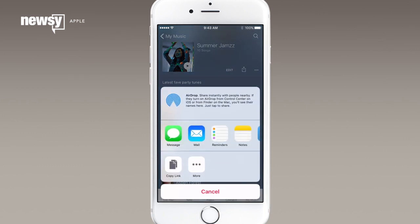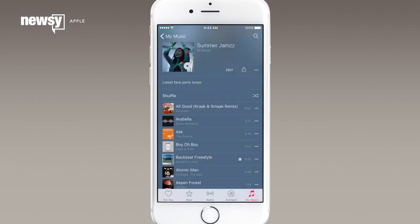So there's kind of a different philosophy there. With one, I made a playlist called Songs of My People. It was previously called the Hipster Playlist, and I changed it to Songs of My People. It's a public playlist, and there are a few people who follow it, and they can get access to it. With Apple Music, the playlists that you share are typically based around the curated stuff